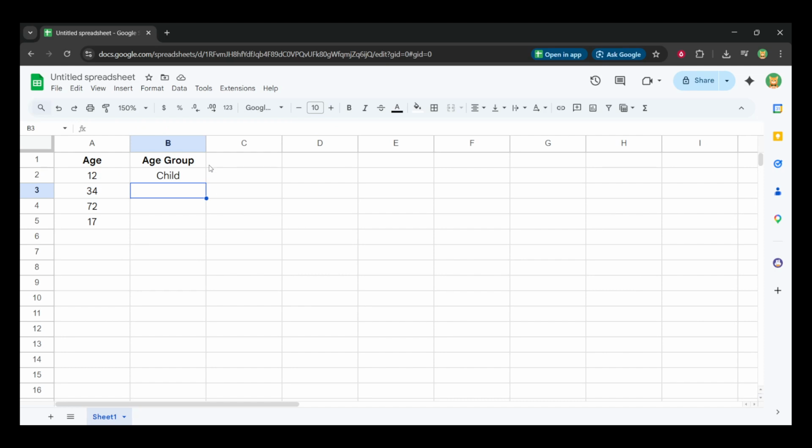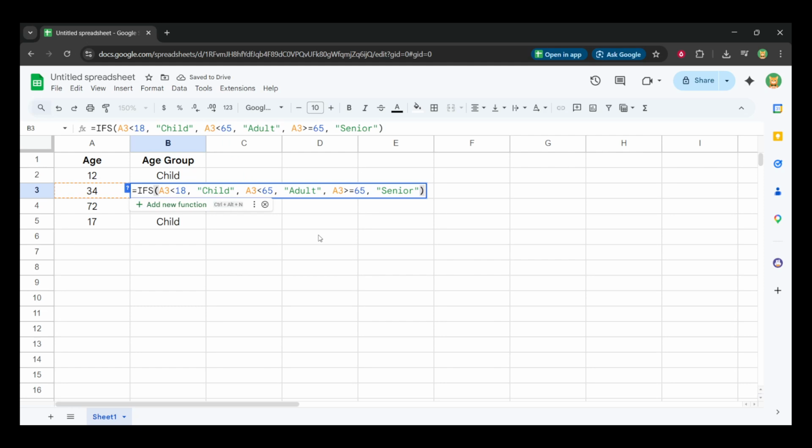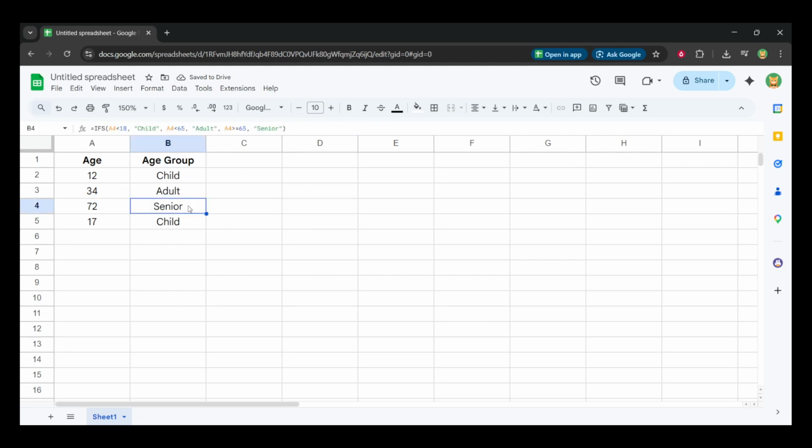With the first result working, apply it to everyone. Hover over the bottom right corner of that formula cell until you see the small square handle. Then double-click it. Google Sheets fills the formula down the entire list, automatically adjusting the age reference for each row. Now, every person is instantly categorized without you doing a thing, and if an age changes later, the label updates